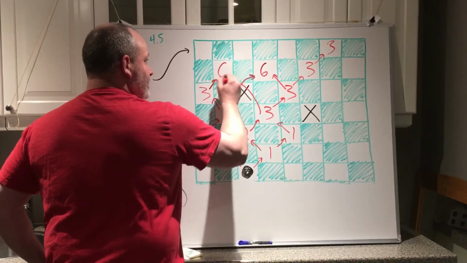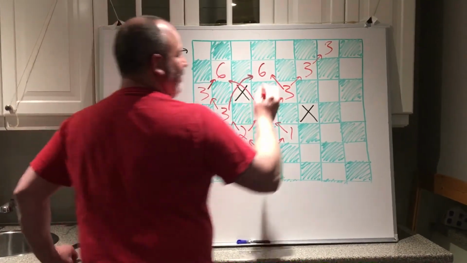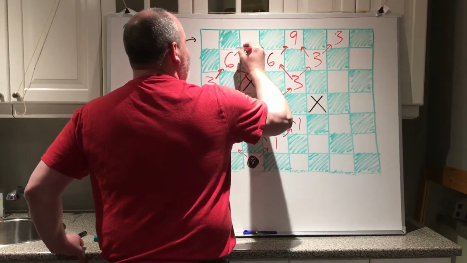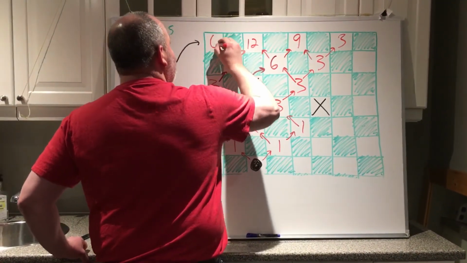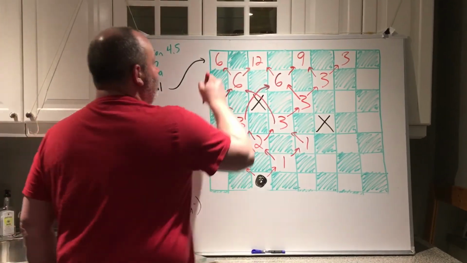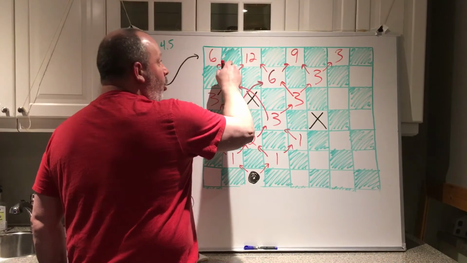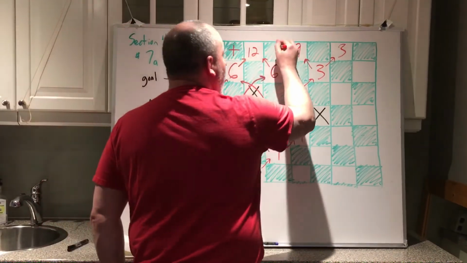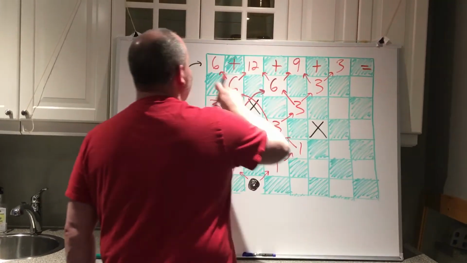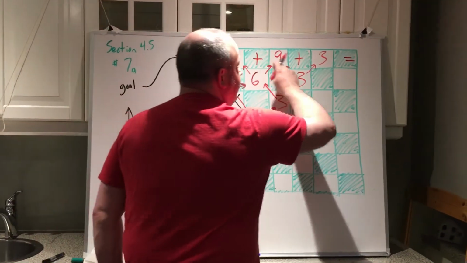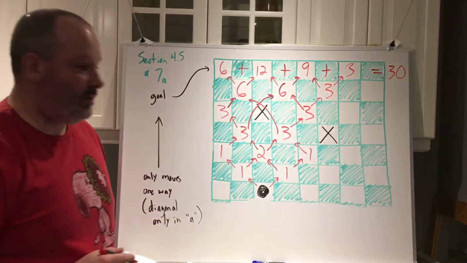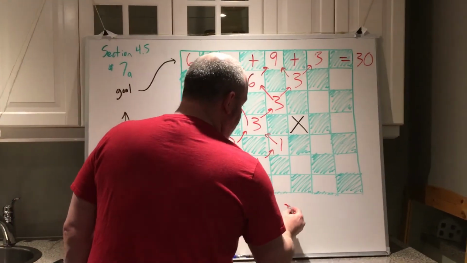3 and 3 is 6. After that, there's no more jumping, so it's nothing too crazy. 9, 12, 6, and the number of ways in which you can do it, and this is key, you have to show this. It could be, I could get king here, or here, or here, or here, equals a total of 18, 27, 30 different ways to get king. Okay, closing statement, therefore 30 ways